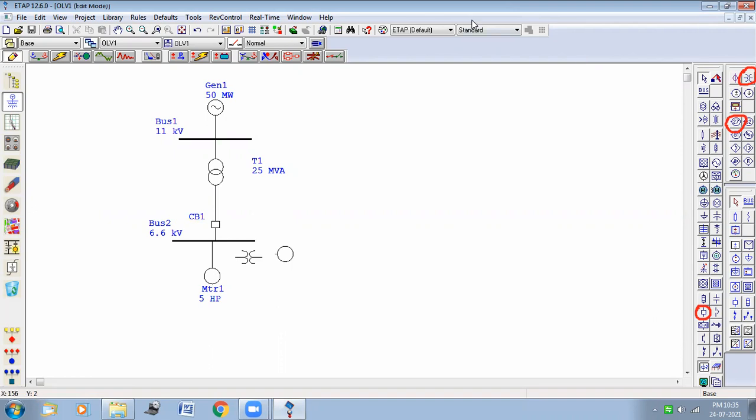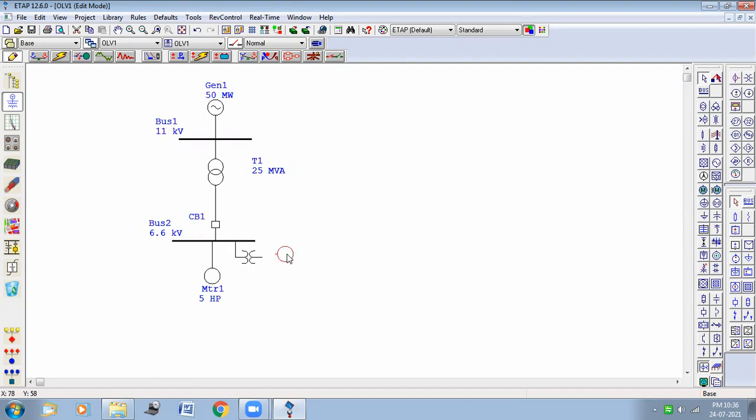Now you have to connect the primary of the PT. Primary of this PT is now connected with bus 2, sorry, not bus 1, bus 2.